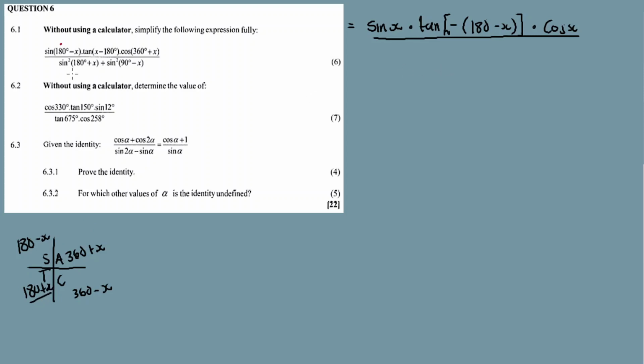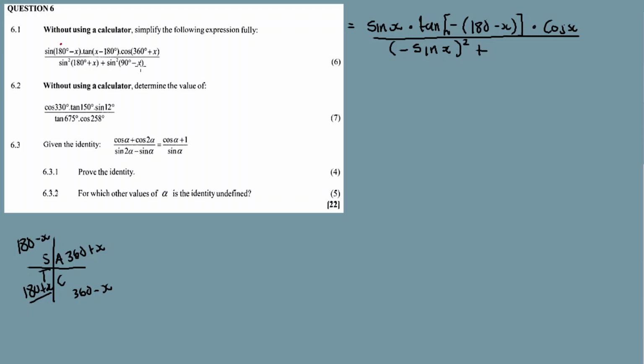Because of the square, even if sine comes out as negative because of the 180 plus, a negative number squared, or I'll do it step by step so that you understand. Minus sine x, open bracket, squared outside, right? It's a negative sign because 180 plus x is in the third quadrant, plus sine squared